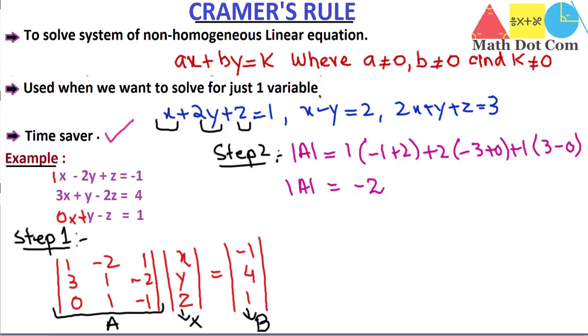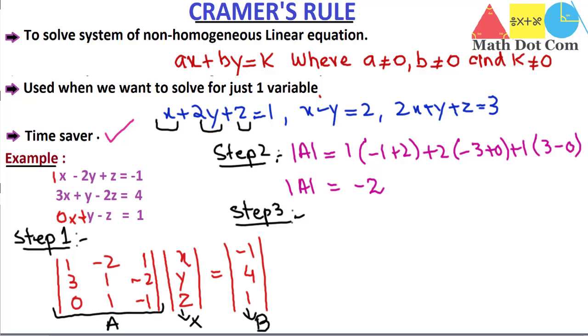So keep this in mind. You have to stop here if the determinant of A comes out equal to 0. We cannot use Cramer's rule when the determinant of the given matrix equals 0. So if you get the determinant of a matrix not equal to 0, you have to move to step number 3. So what is step number 3? You need to check the value of which variable you want from the given system of non-homogeneous linear equations.